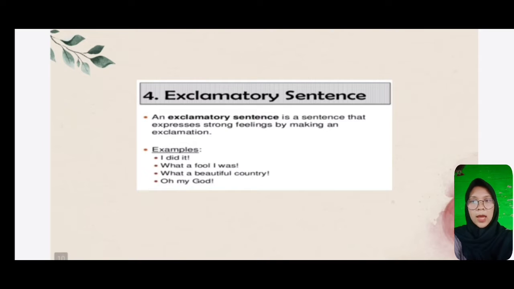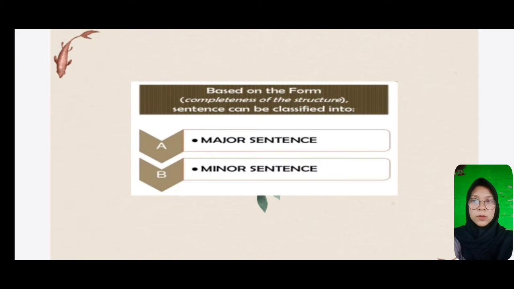Exclamatory sentence. An exclamatory sentence is a sentence that expresses strong feeling by making an exclamation. Example: I did it! What a fool I was! What a beautiful country! Based on the form or completeness of the structure, sentences can be classified into major sentence